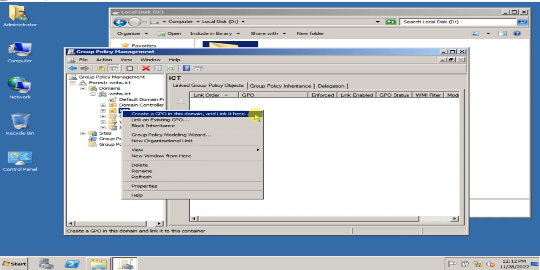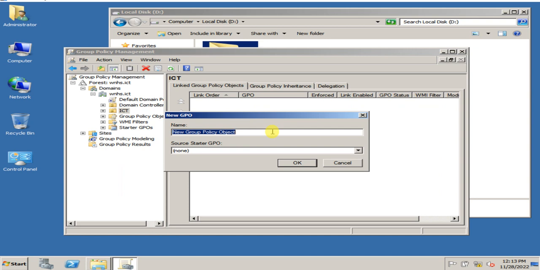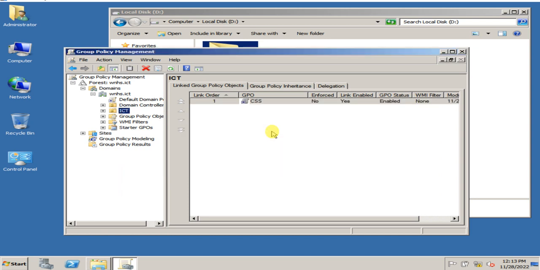So click this one, and let's say, for example, CSS. Okay, if you can see, CSS appeared here on the left side. On the right side of the window, you will just right click it and then click Edit,